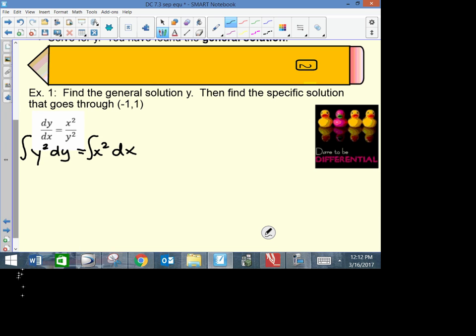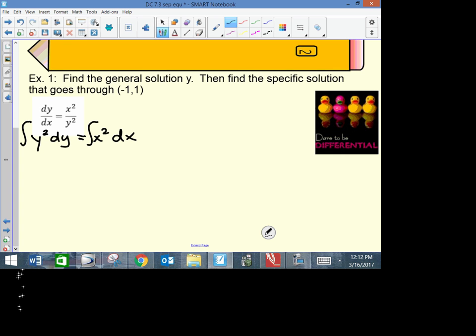Okay. When you integrate y squared in terms of y, Kinsey, what do you get? Y cubed over 3. Very good. And what do you get when you integrate x squared, Jenna? Okay. Is there anything missing in this integration? A C. Now, we're not going to put a C on both sides because then your C's will cancel each other out. We're going to write the C